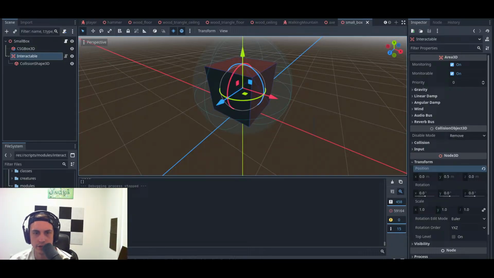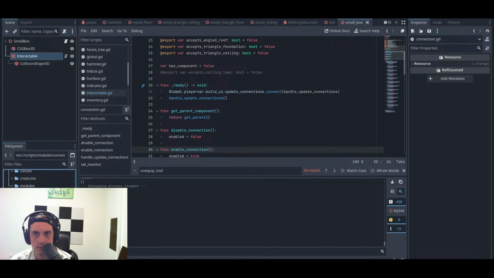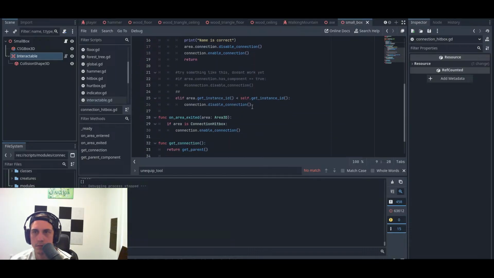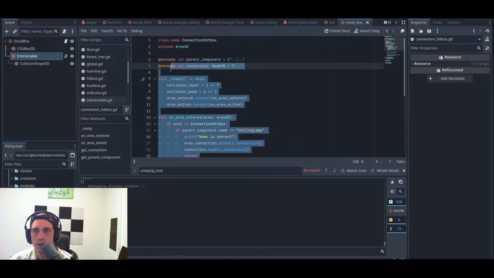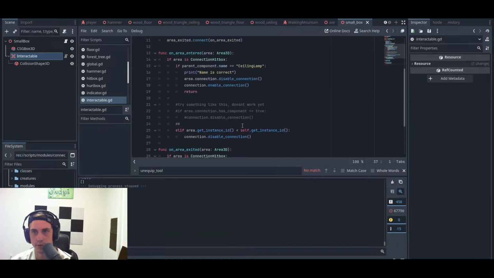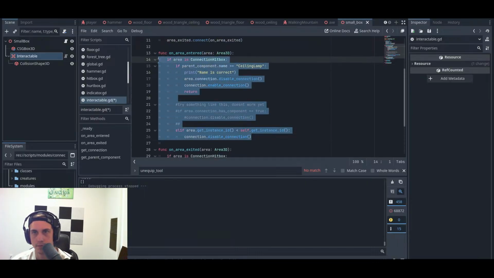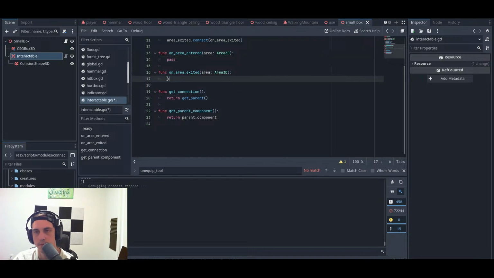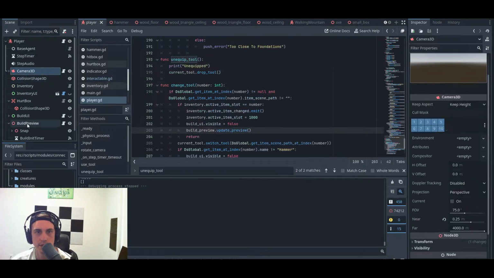Okay, how do my connections work? Connection hitbox has all of this stuff. Let's just grab all of this stuff and throw it into my interactable and delete what we don't need. Okay, we have item detect. Item detect does like all of our